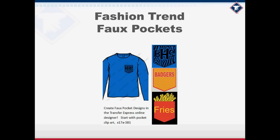This is one of those fashion trends that just isn't going away, and it's funny because it will die down a little bit and then pick back up, and die down and pick back up. But patterns have been consistent over the last couple of years. Actually, I can honestly say though, in 2014, we sold so much of that chevron pattern you see on the